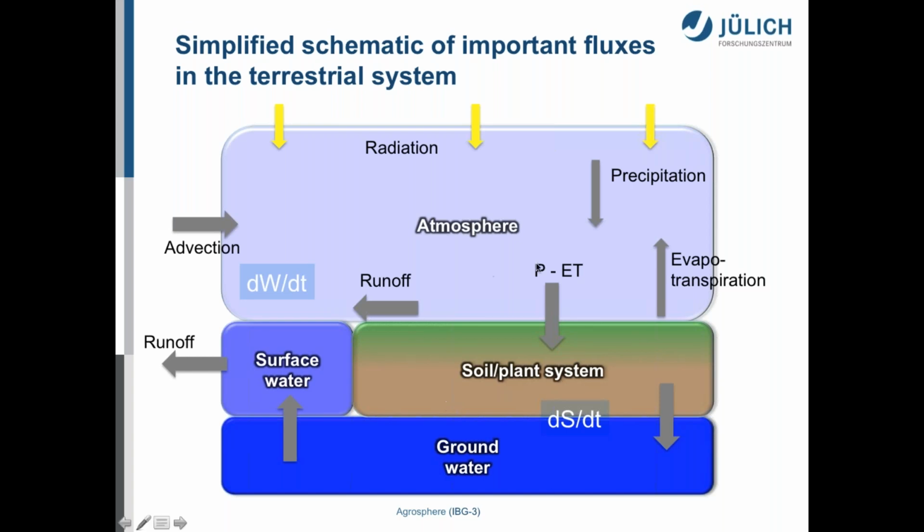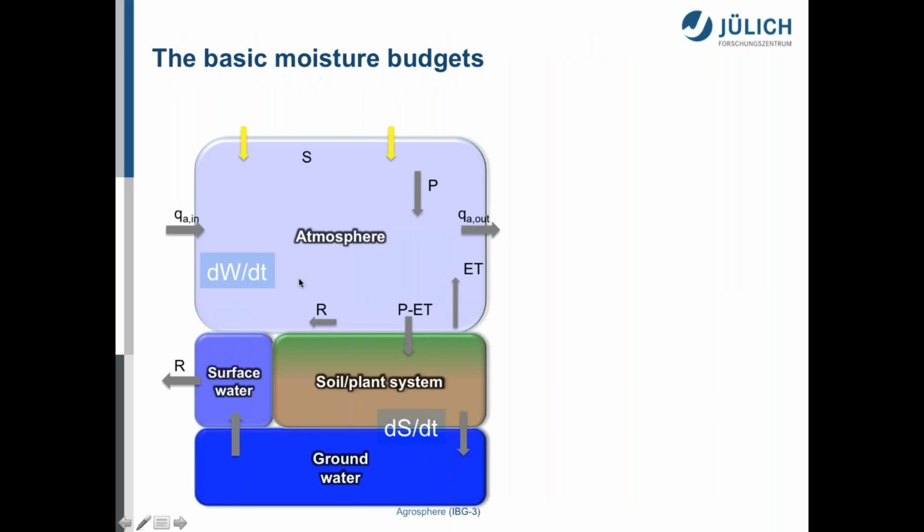Still we have the same processes: precipitation flux, evapotranspiration, groundwater recharge, base flow, continental runoff, and, very important, advection in the atmosphere. And we have all the storage changes in the land surface and subsurface system, and also in the atmosphere. Now we can start with the basic moisture budget equation for the land surface subsurface system, which I write here as the storage change equals the precipitation, the input, minus the output, the evapotranspiration back to the atmosphere, and continental discharge.